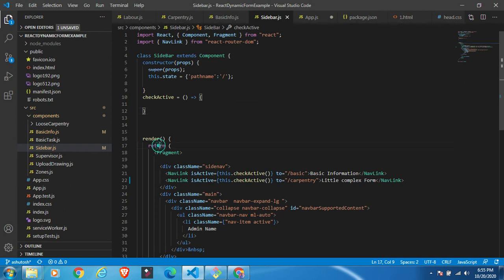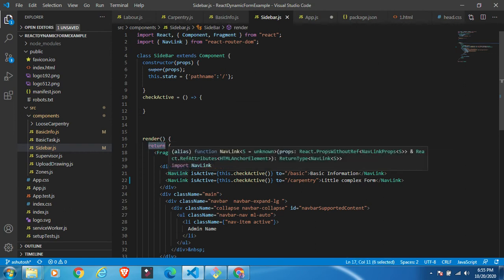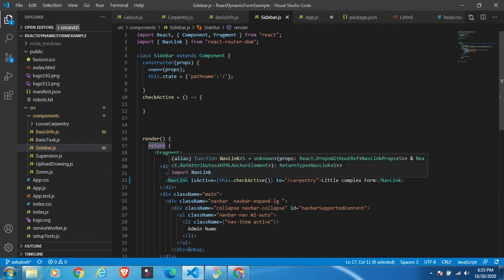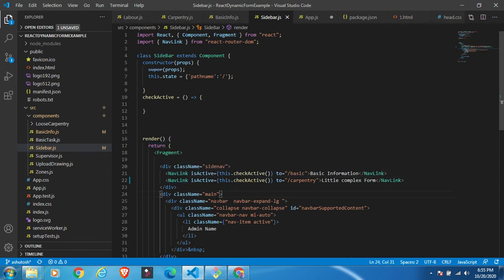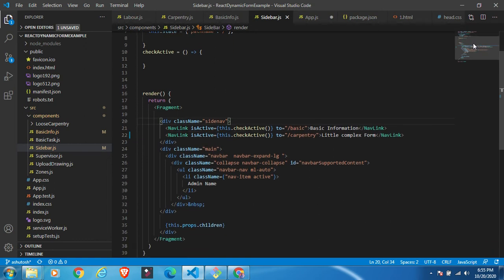Now you have returned something. What have you returned? You have returned HTML-like code. This is not HTML, it is JSX, but it looks like HTML. As you can see, it is className with a capital N, because it comes from JSX. It is JSX syntax, but generally it looks like HTML, with only a little bit of difference.